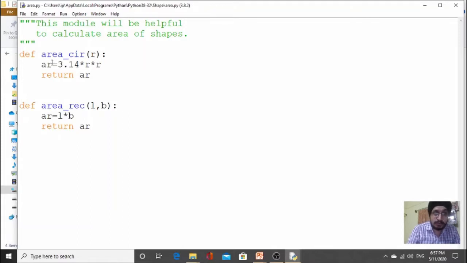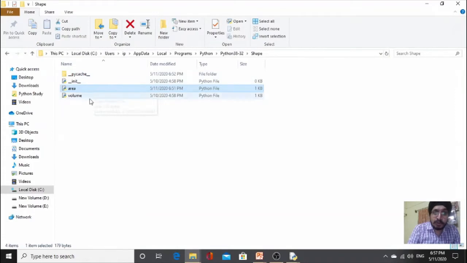I have created two different functions for calculation of the area of a circle and the area of a rectangle. Similarly, in the volume.py file we may have some functions for calculation of volumes of different shapes. So what I have done, we have stored these modules in a folder and this folder is working as a package.